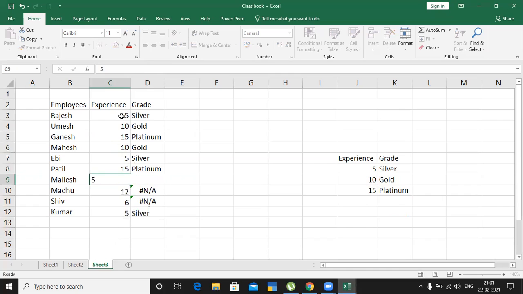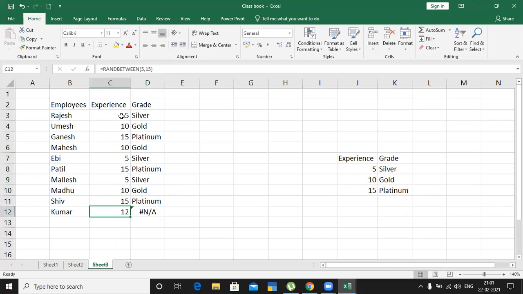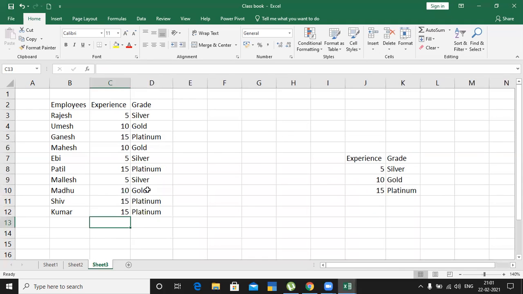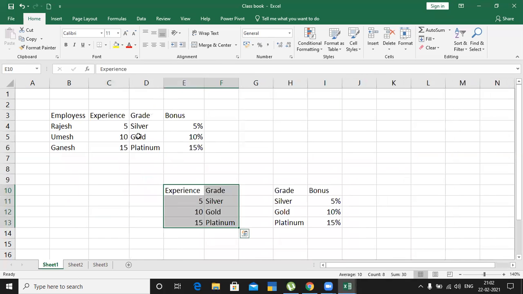The problem is that I have not selected the range, only the values. Understood? Whatever numbers you use, the grade will be allocated according to that. In this example, I have taken only three values, 5, 10, 15, and based on that the grade is allocated.